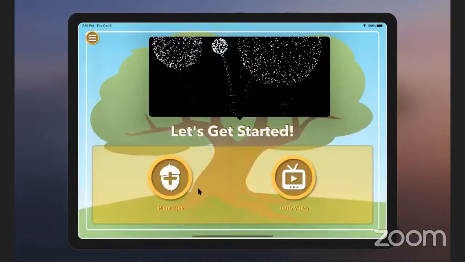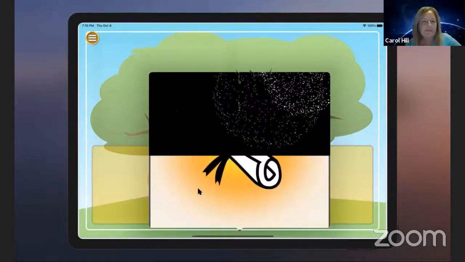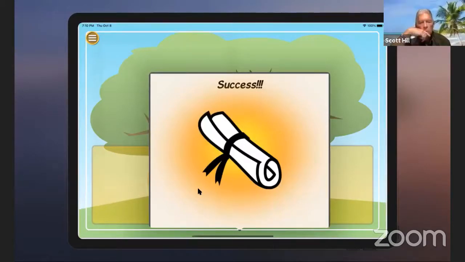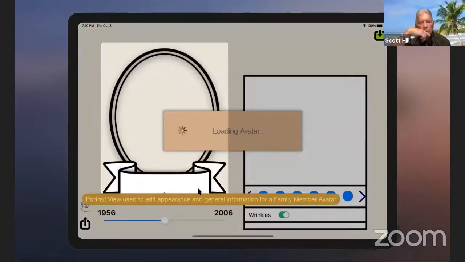You're right. Oh, there you go. So then it basically shows you that. And then once you enter the information,